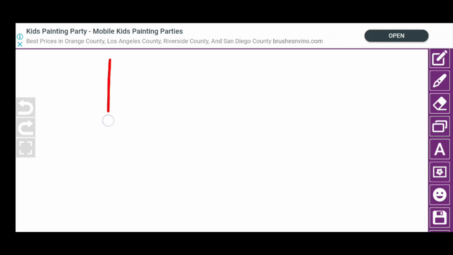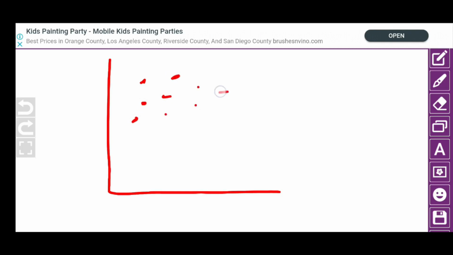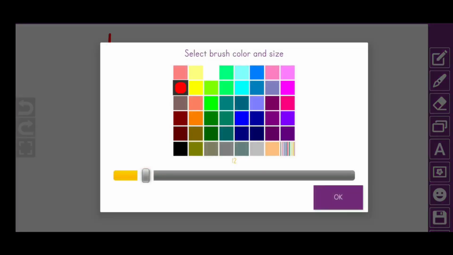So for example, let's consider this is a graph, and under this graph we have multiple data points that we have plotted. I have added these data points over here, right? Similarly, let me add another data with, let's say, blue color.